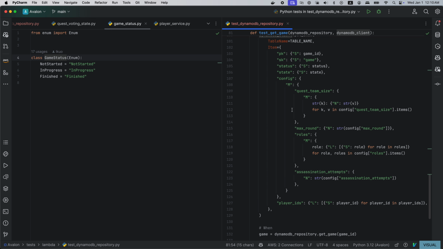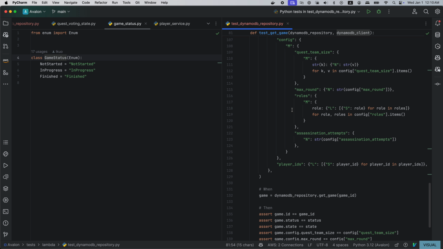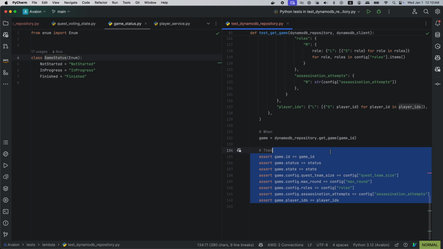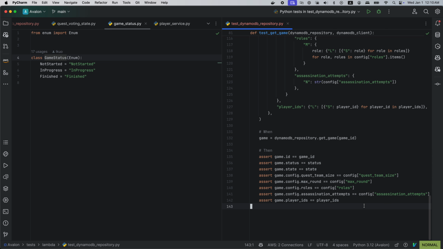So it's going to be a lot of work. But then we use the real database to really find the game and verify if the game entity we get has the correct values.